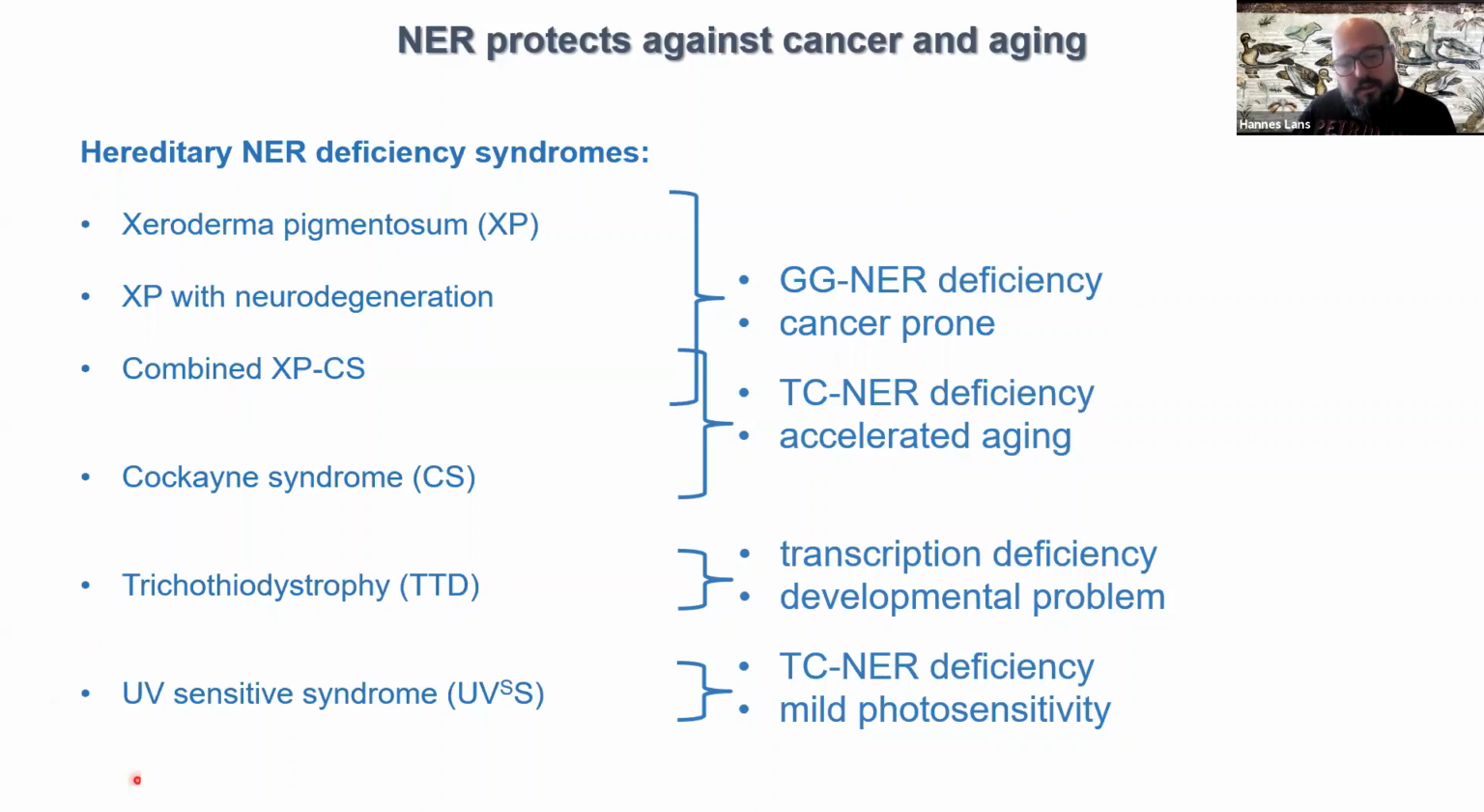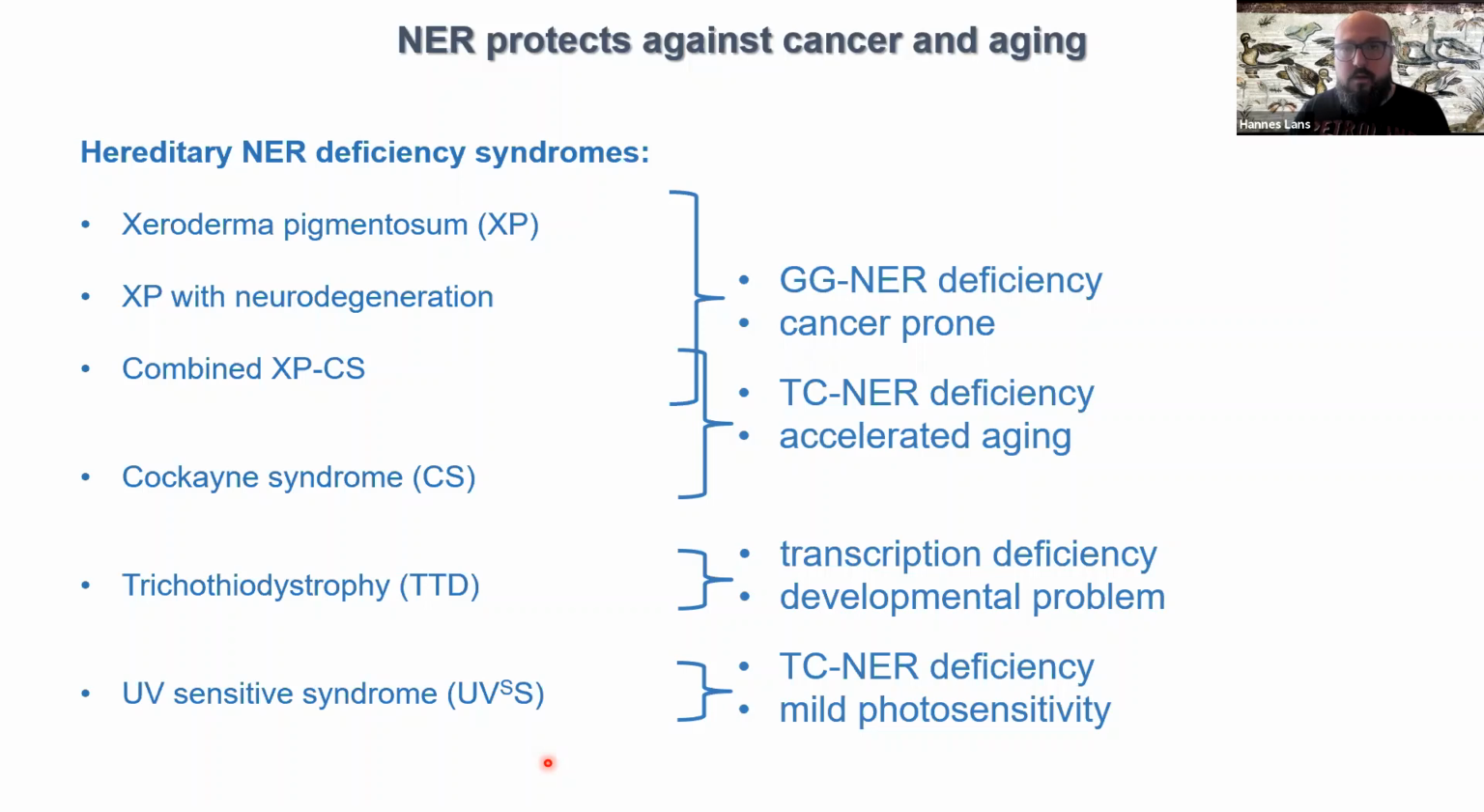And finally, and that's kind of intriguing, there's another syndrome which is called UV-sensitive syndrome, and it's really rare. This is also caused by a mutation in a transcription-coupled nucleotide excision repair protein, the UVSSA protein. But strangely, this does not cause the very severe Cockayne syndrome, but a very mild syndrome in which patients are only mildly UV sensitive. And this likely hints to the fact that it's not per se a defect in transcription-coupled nucleotide excision repair that's the problem in these patients, but more the problem of what happens to RNA